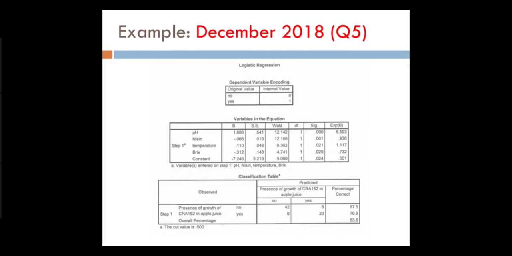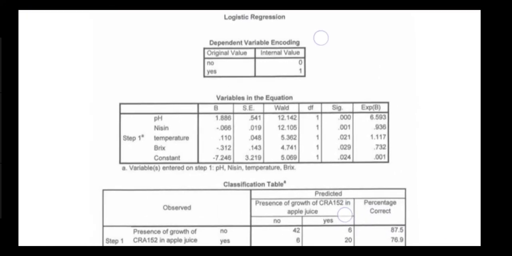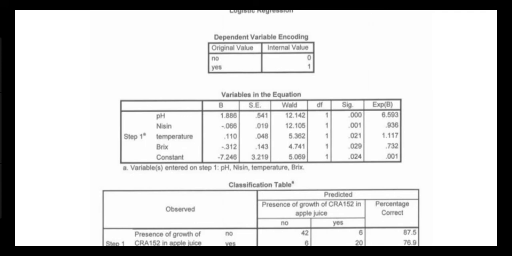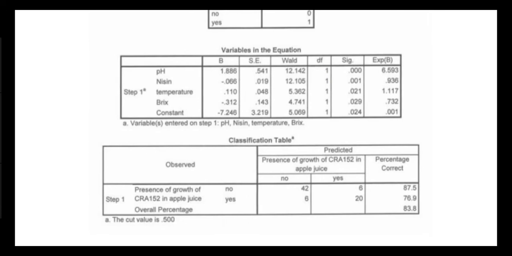Okay, this is the output for logistic regression. So from here we can see that we have the coding for dependent variable is no and yes. And then we have the variable in the equation. From here we can write down the function, the logistic regression function. We have the coefficient b. Okay, and then the Wald test, the test statistic of Wald, ataupun untuk kita tengok which independent variable is significant,